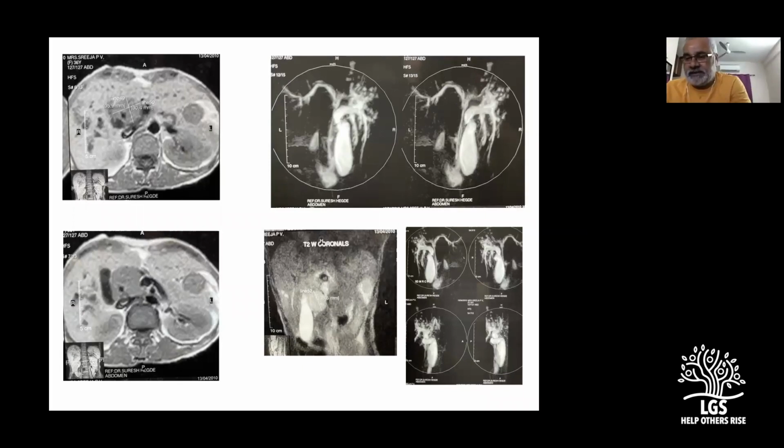Prathapan, what was the HIV status of the patient? Negative. I have mentioned all markers were negative. So all I can see is, I think the MRCP image is taken from the posterior